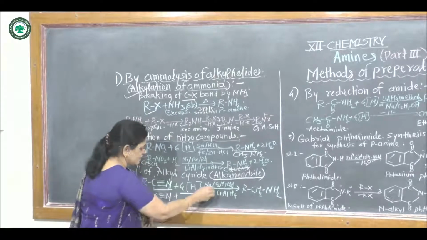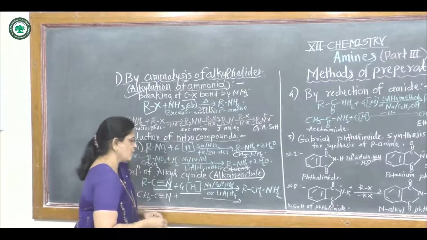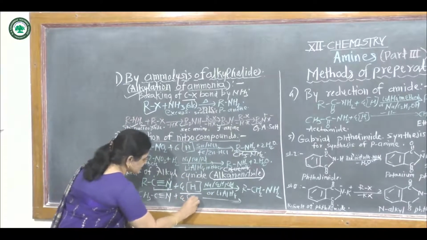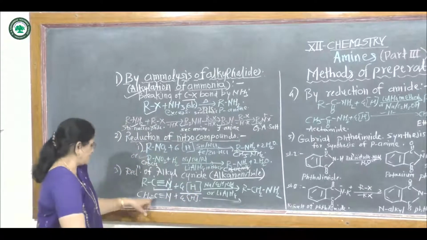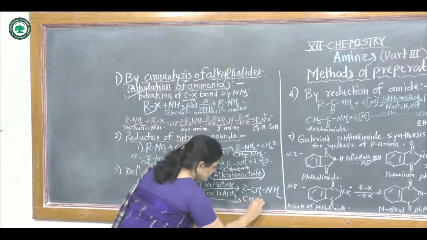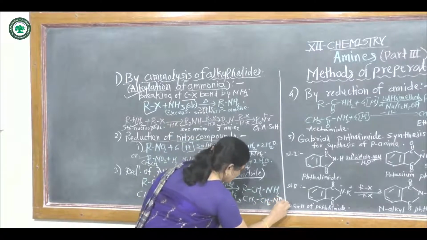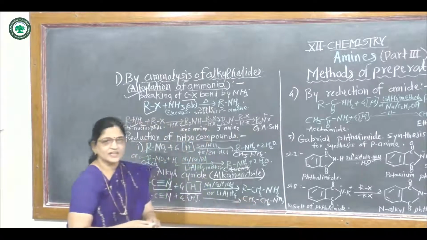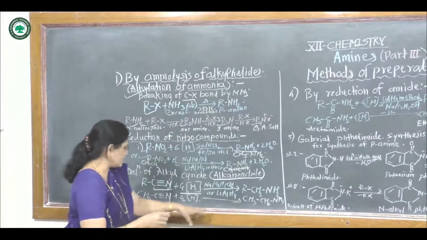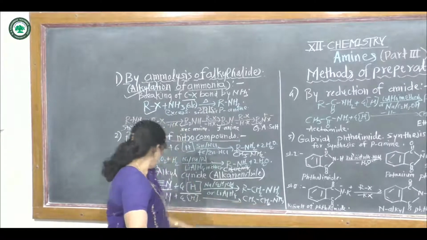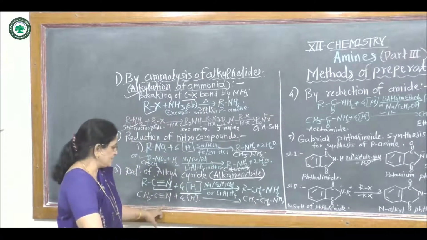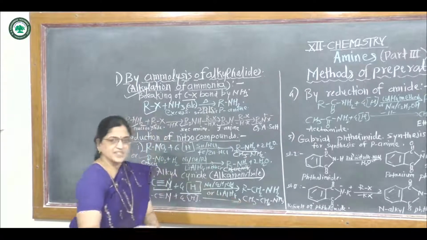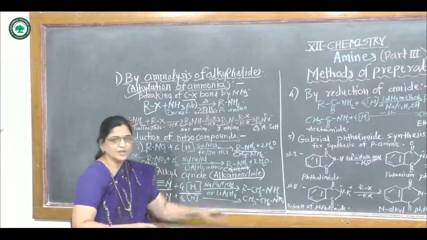If this reacts with sodium and ethyl alcohol or lithium aluminum hydride, it reacts with 4 nascent hydrogen atoms and gives CH3CH2NH2, which is ethylamine or ethanamine. So in this method we get ethylamine from methyl cyanide. That means one carbon atom is added: the carbon atoms in the product are one more than in the reactant.